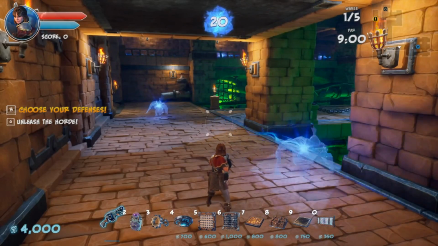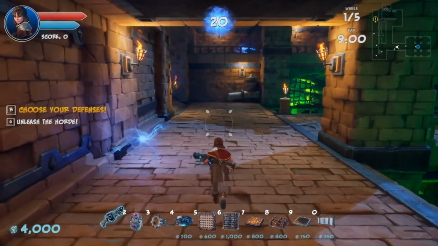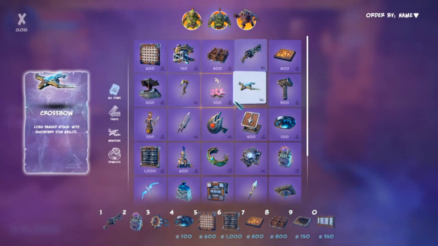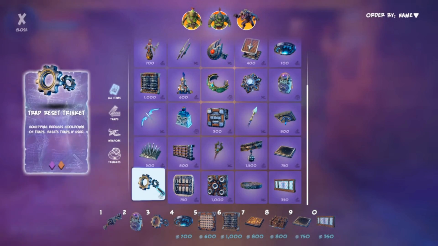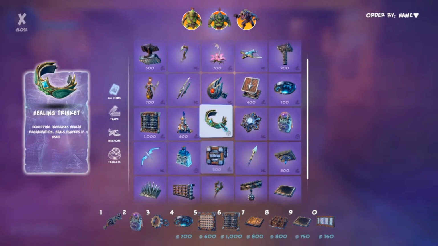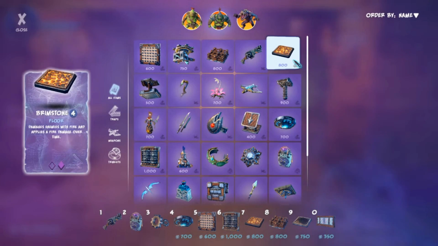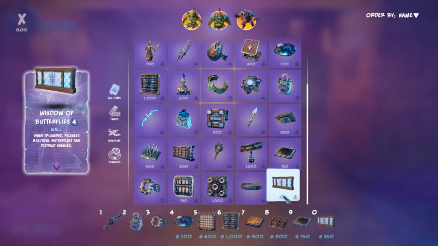Now, I'm going with what's kind of been my go-to normal 5 skull setup for Warmage difficulty. So I've got my trusty blunderbuss with me. I've got the Jar of Ghosts and the Trap Reset trinket, mainly for their passives. However, I will use these if I feel the need. Then I'm going along with the Gravity Pillar for a ceiling trap. We've got the good old trusty arrow walls and grinder with some brimstone, a tar trap, and the window of